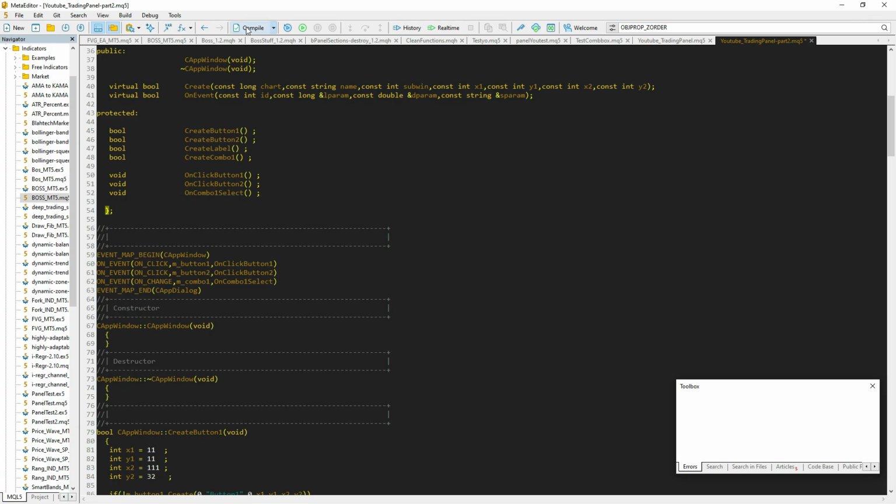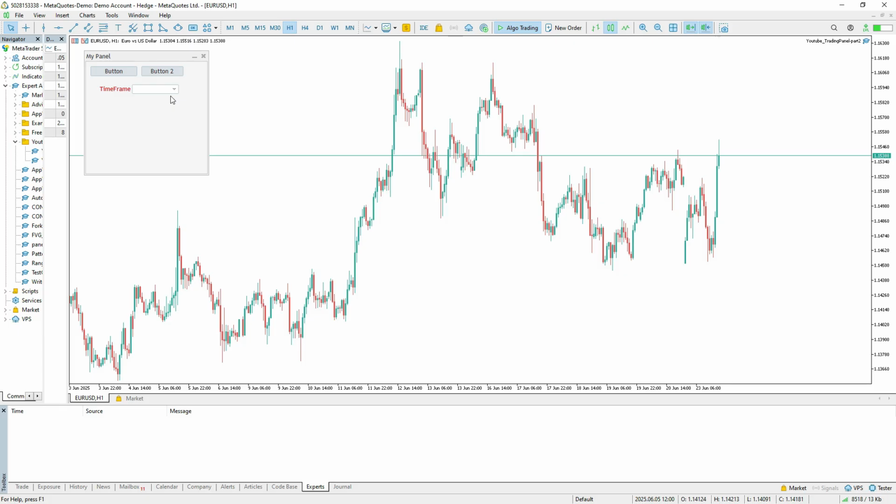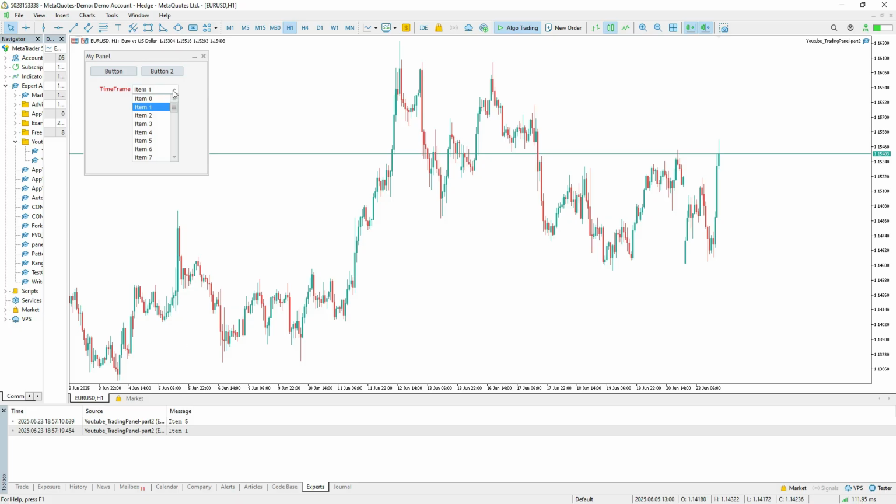On combo1 dot select, let's hit compile. All right, we don't have error. Let's jump back to the terminal. For example, let's select item number 5. As you can see, guys, here in the terminal toolbox, we have item 5 is selected, item 1,